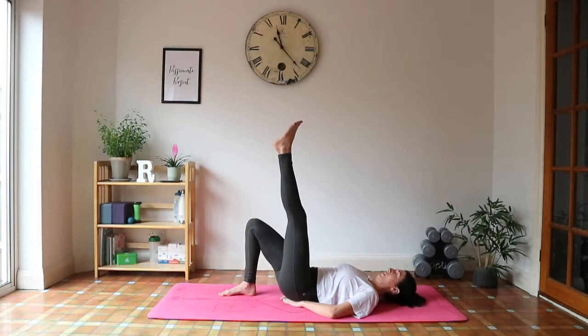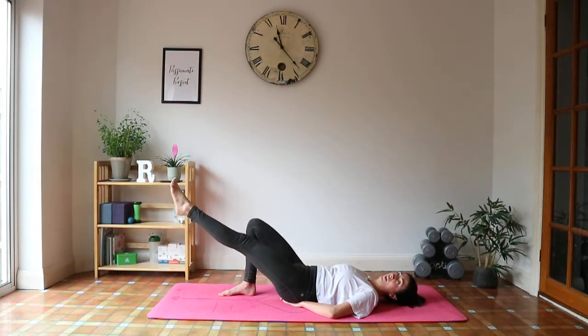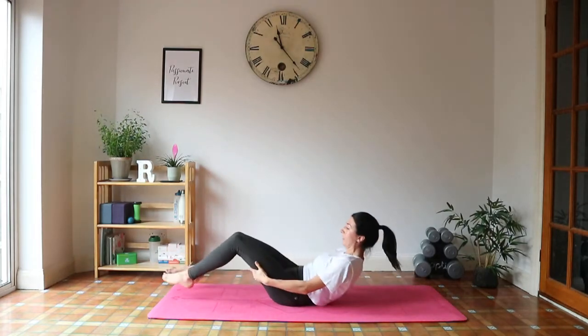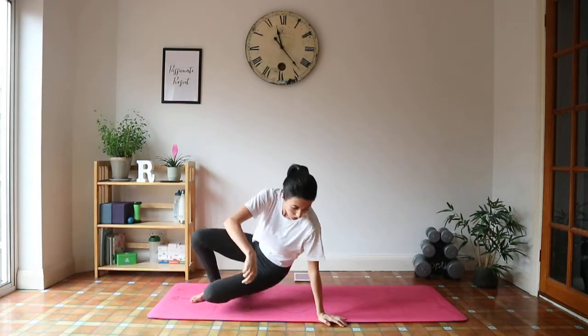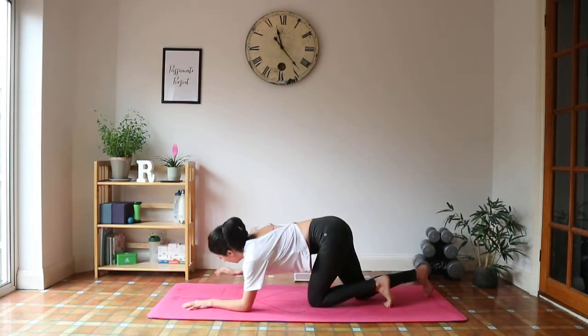Starting with the left leg, bring that up on your toes. Slowly lower it down as far as you can without activating that lower back, and then crunch it back up. Do the same on the right leg, and then to finish, we'll do an elbow plank, which you can do